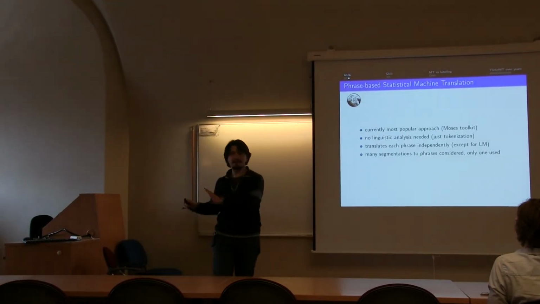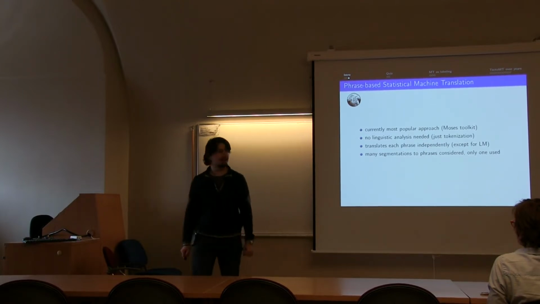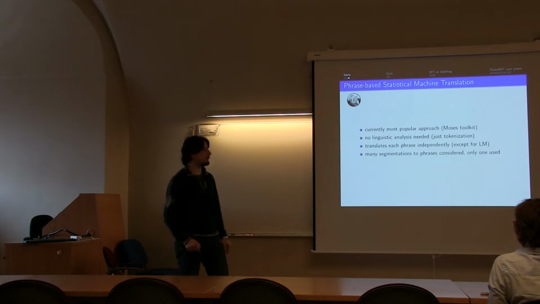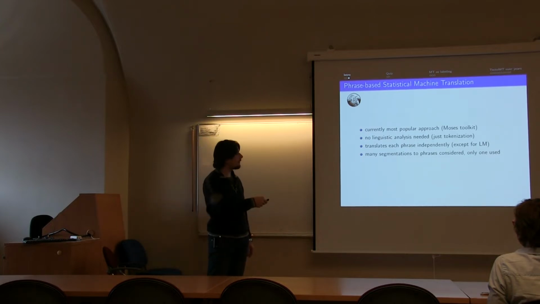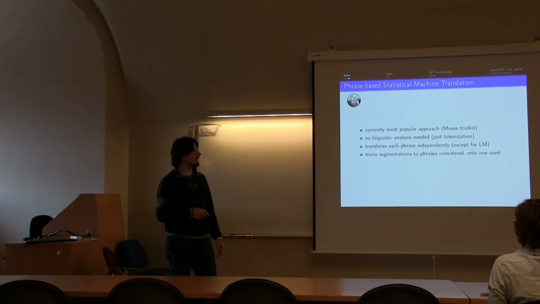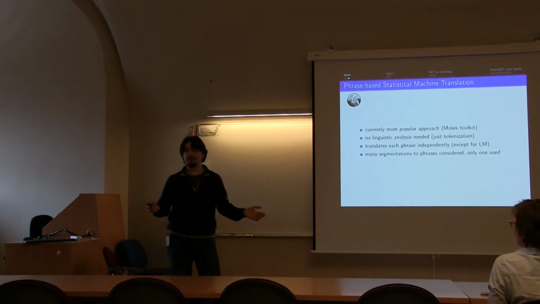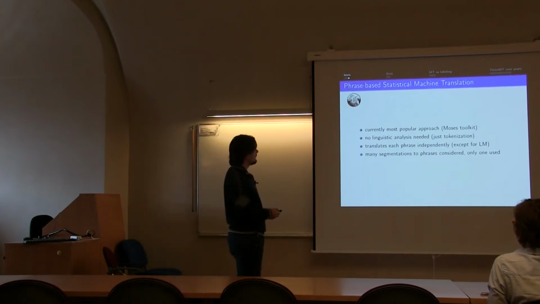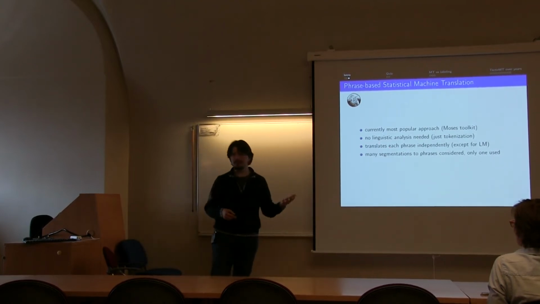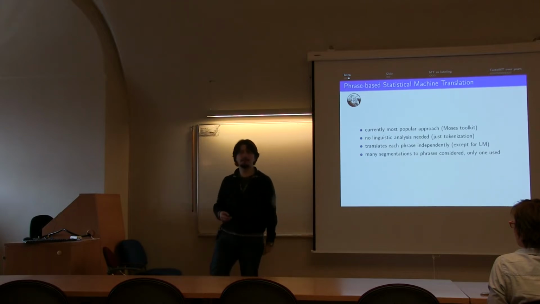So now step aside, look at the state-of-the-art phrase-based statistical machine translation, where probably the most popular toolkit is called Moses, an open source toolkit. And what are the differences? In the basic approach with Moses, there is no linguistic analysis needed. You just need to somehow tokenize it into words, and the rest is pure statistics. And so, as you have seen in TectoMT, we need a tagger, parser, lemmatizer, coreference resolver, and so